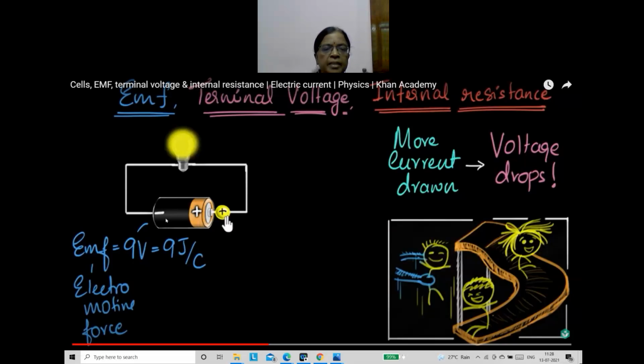See, the charge has to move through the cell, but the ions and the electrolytes are all exerting some opposing force to its motion. Collisions will take place, and because of that its motion is always opposed. That is the internal resistance offered by the cell. Some heat energy is lost while moving through this cell. Energy is lost as heat energy.